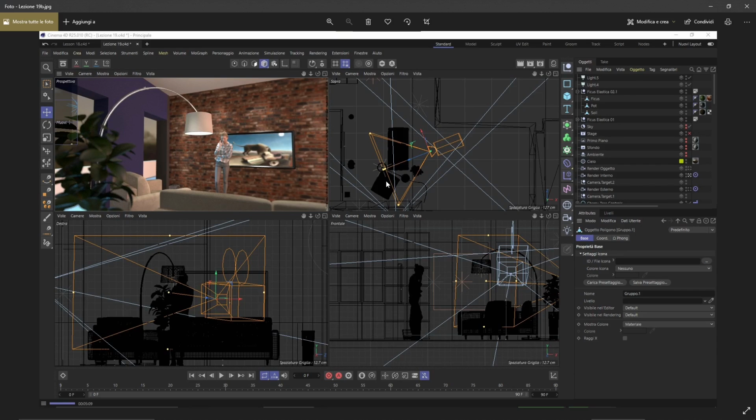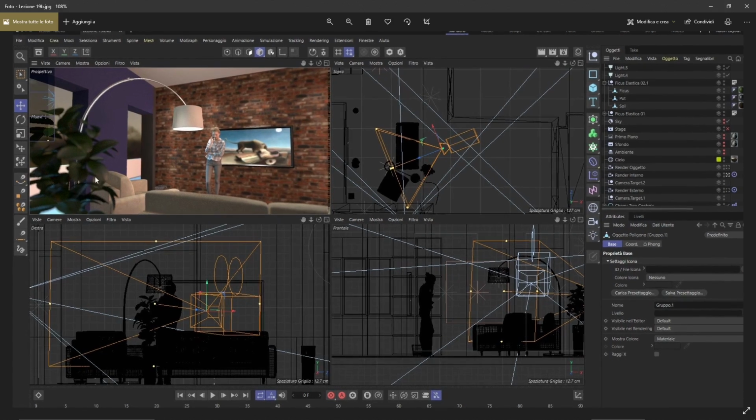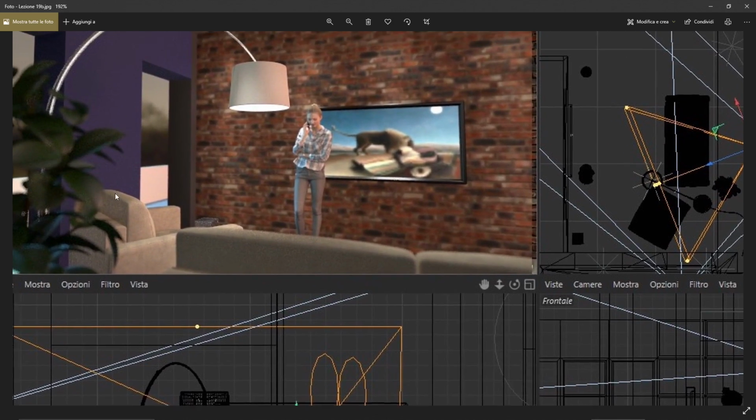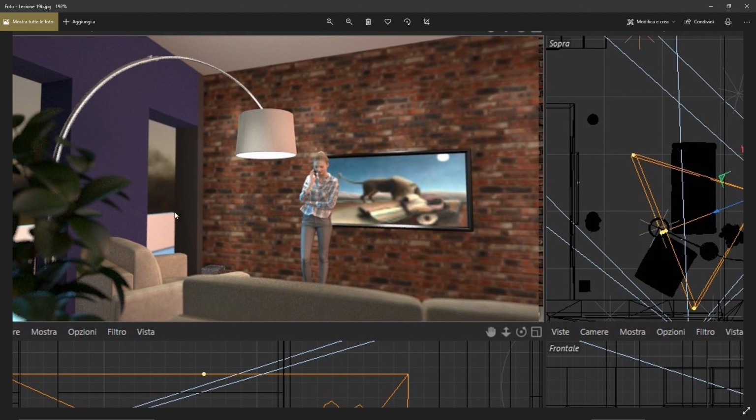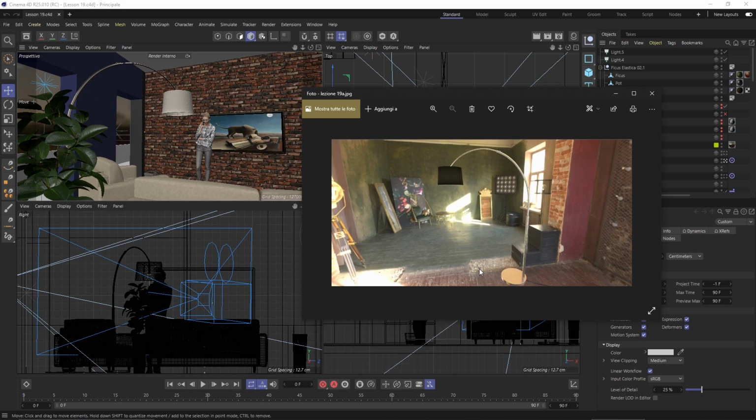In this video, we're gonna talk about rendering and render settings in Cinema 4D. And you can see here, this is a particular effect called the depth of field, or when you can blur some objects and focus on some other. And also we will see how we can use HDRIs, images, to create a background for our simple rendering.